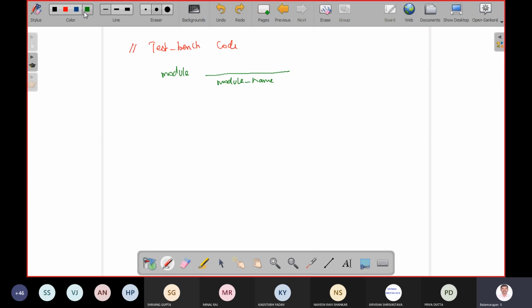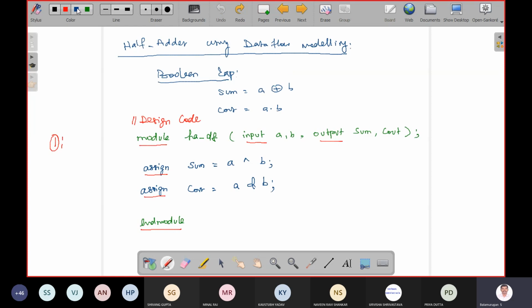What module name do I have to give? Whatever module name you gave in your design code, followed by underscore test, so that everyone understands which design you wrote the test bench for.